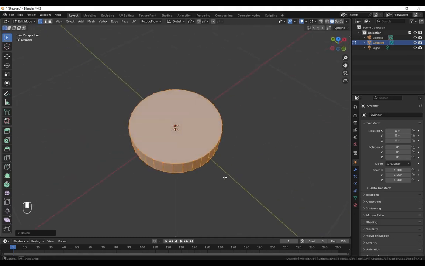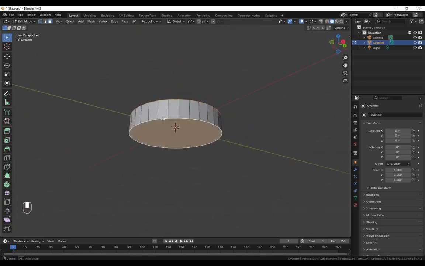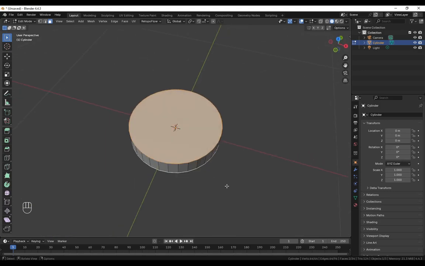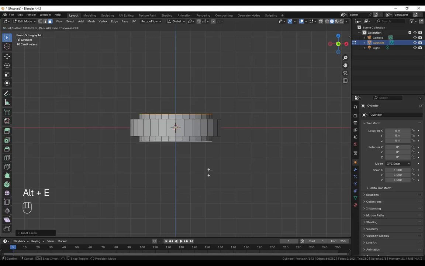Okay, and then go to face select mode and then select the two faces and I to insert something like this, and then we're going to press Alt E and extrude around the mouse and bring it out like this. Okay,